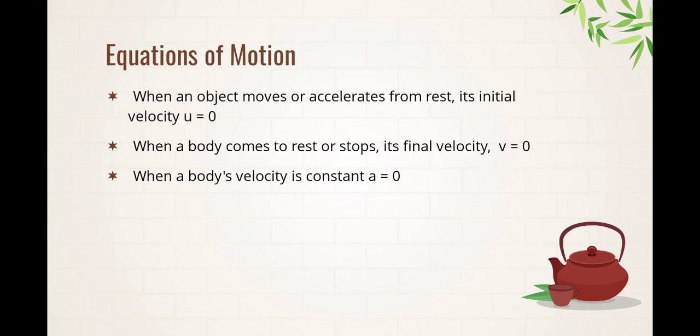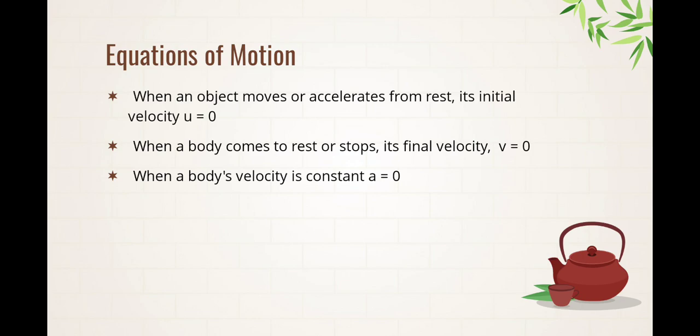So these are some of the hints that we must know on the equations of motion. We must first know that when a body moves or accelerates from rest, its initial velocity is equal to zero. When a body stops or comes to rest, its final velocity is equal to zero. While when the body has a constant velocity,